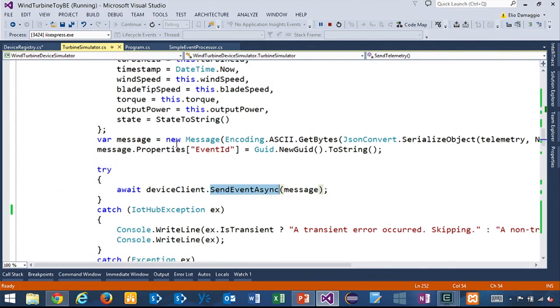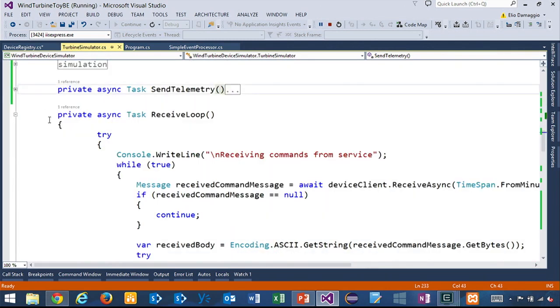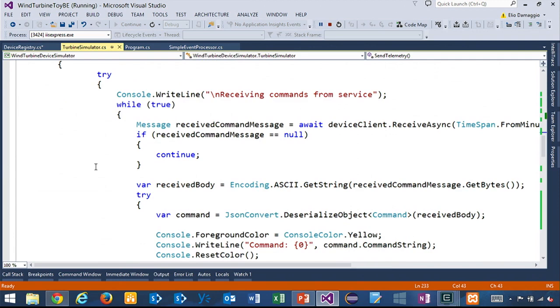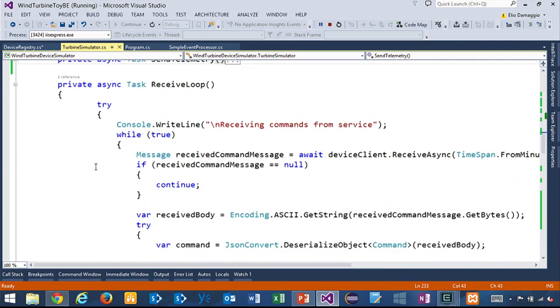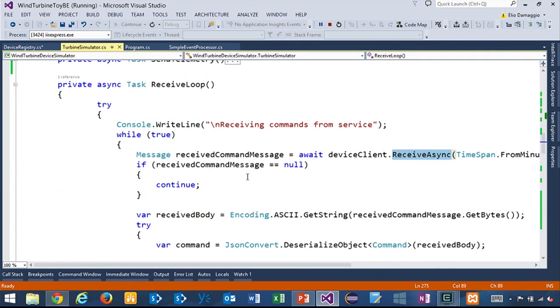Let's look at how the turbine simulator handles this event. The turbine simulator, when it starts, runs a receive loop. This receive loop effectively uses the device client receive async method to wait for commands. This receive async takes a time span as input, in this case 5 minutes. That is a timeout. That gives you a chance to do other things when you do not want to have a thread waiting for those commands